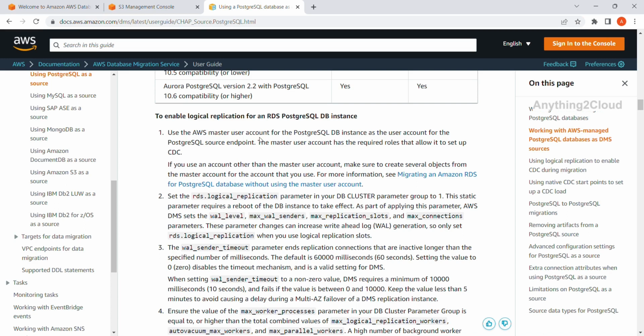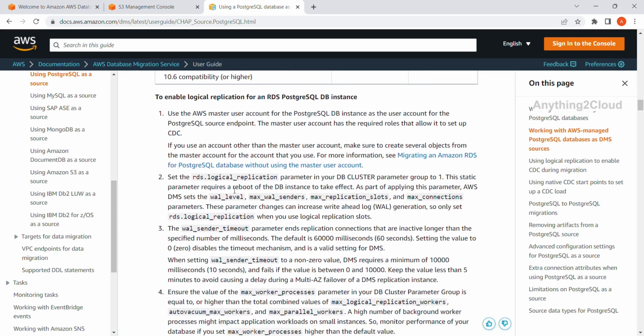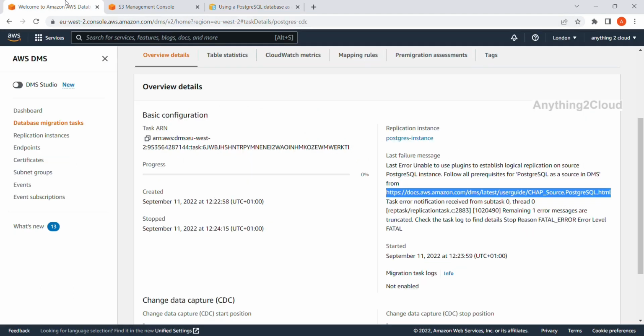If you use another account, make sure you have some privileges for the master user account. Next thing is you need to set the RDS logical replication parameter in the DB cluster parameter group to 1. So we need to set this one. How we can set this up is, let's go into the